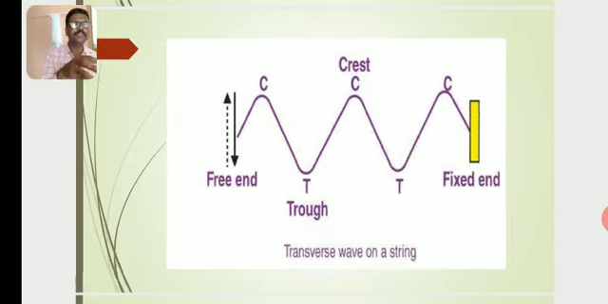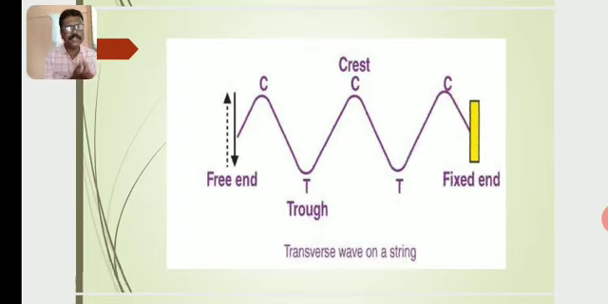One end is fixed to a rigid support, say a fixed end. Another end is a free end. If the free end is moved up and down, then the rope, that means the string, moves up and down, and the disturbance propagates from the free end to the fixed end,